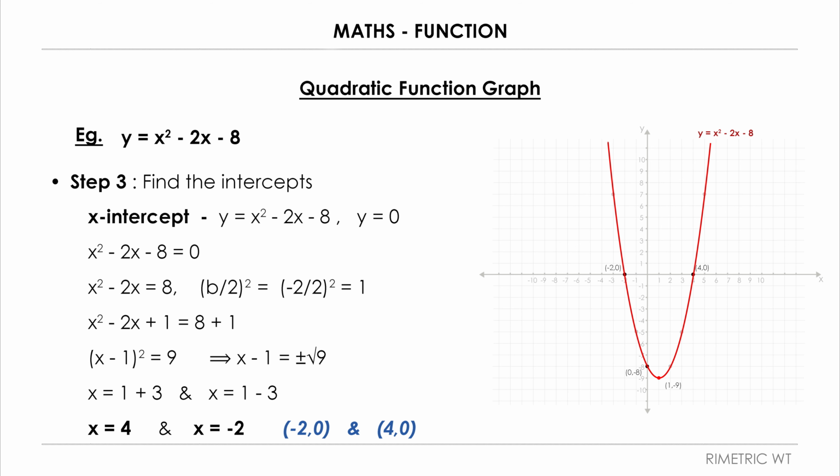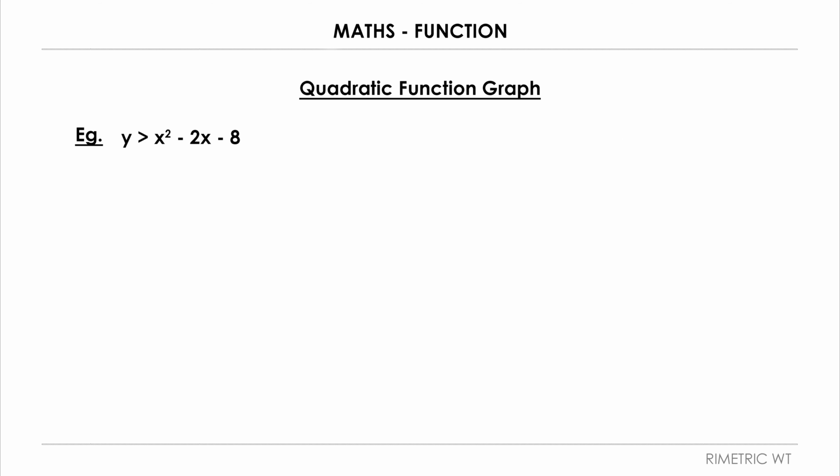And just like that, we have the graph of our function y equals x squared minus 2x minus 8. Well, what if our function is an inequality instead of an equation? Let's say our function is y greater than x squared minus 2x minus 8. Graphing an inequality only differs by an additional step, which is shading the region that satisfies the function,